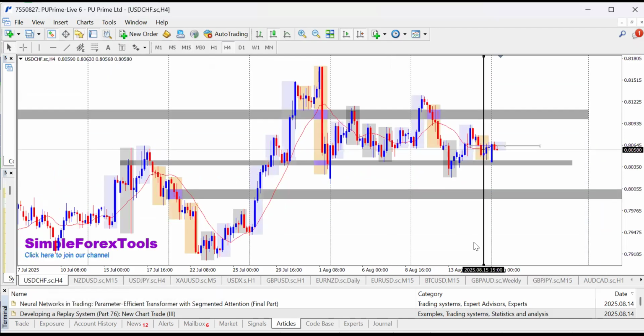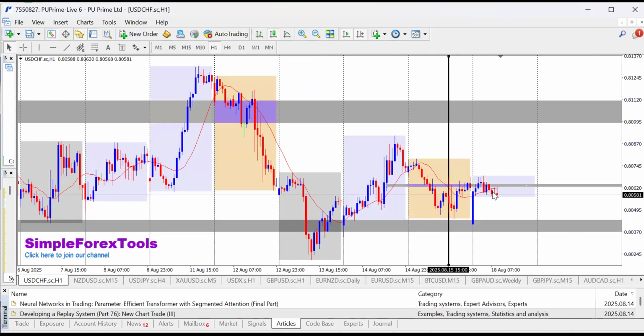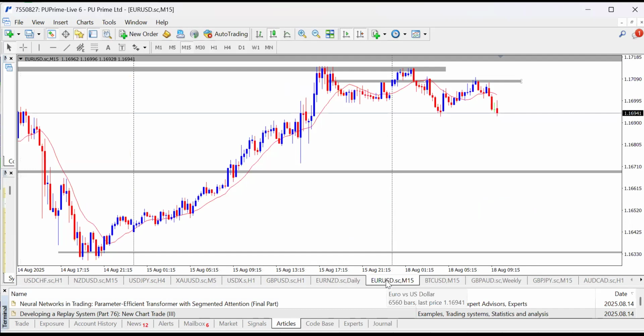Yes, CHF, what are we expecting? So we are rejecting this level here, CHF, right? So let's still see. Okay, market rejected that level. I said I want a break of this high, right? I said I want a break. So let's see if the market will break this high and continue moving towards our area.